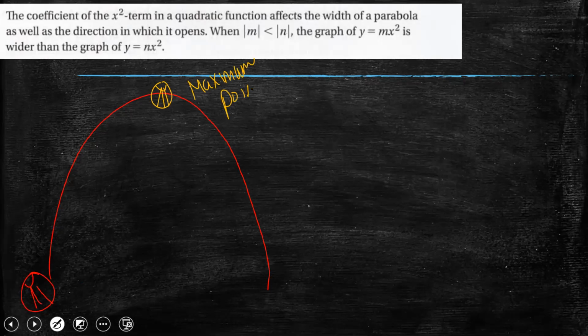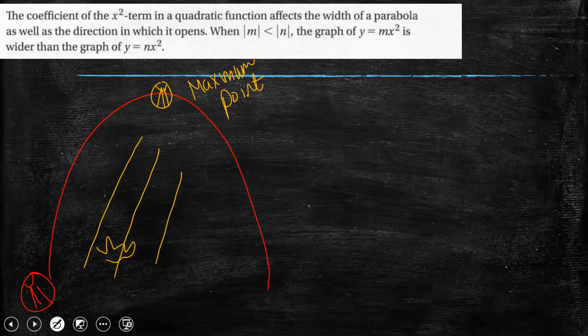Now, since this point is the maximum point, anything that is under it is negative, less than this maximum point. I mean that everything's here. If there's a car, if there's a ball, if there's a